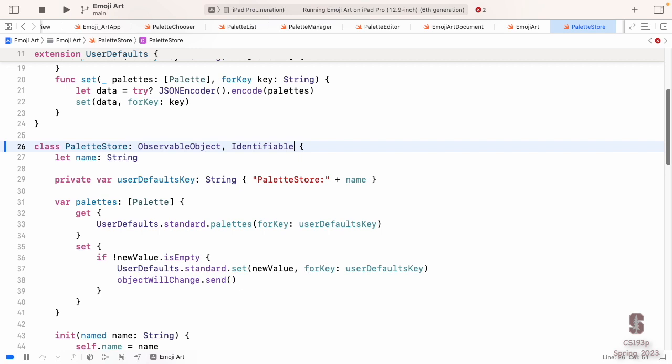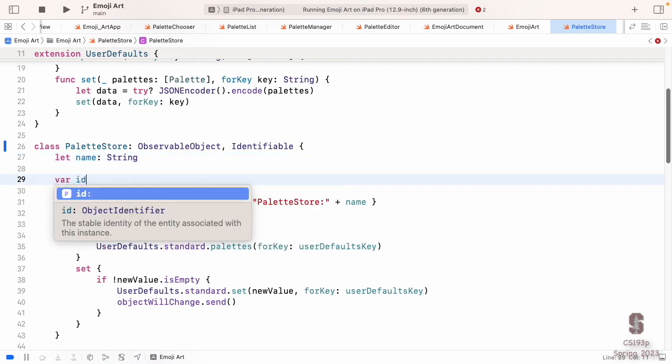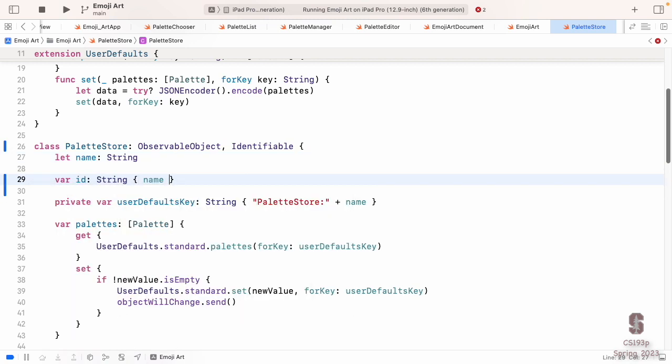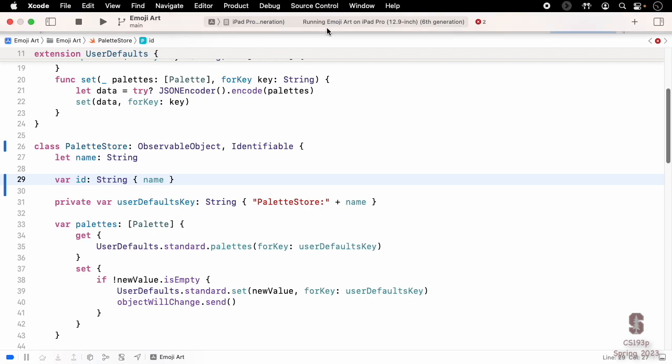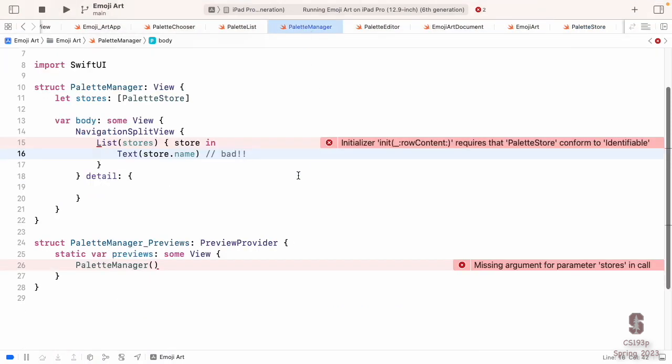I actually don't want this behavior because I can create two palette stores with the same name. They're both writing into the same user defaults place. They'll be the same palette store. They will be writing and sharing each other's data. So identifiable for a palette store really is var ID, a string, which is my name. That's what identifies me as a palette store. Because I store all my data into one database, multiple versions of me with the same name would be the same thing. So that's a little different there. Back to our palette manager here. So that fixes that little store thing.